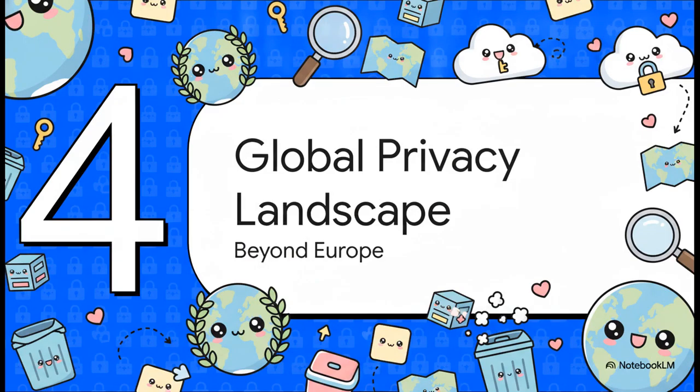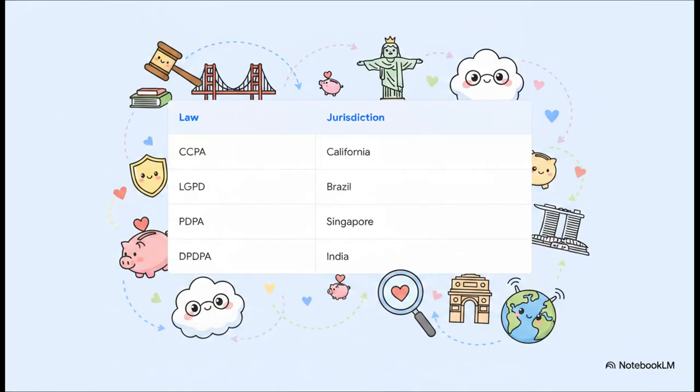Okay, let's zoom out for Section 4, the global privacy landscape. As you can see, the right to be forgotten isn't just a European thing anymore. But trying to maintain unique fork logic for 50 different privacy laws, that is totally unscalable. If your team is trying to build one deletion pathway for California's CCPA, another for Brazil's LGPD, and a totally different one for India, your system is going to buckle under its own technical debt. The only sustainable approach for a global company is to build your deletion architecture to the single highest standard and just apply it uniformly across the board.